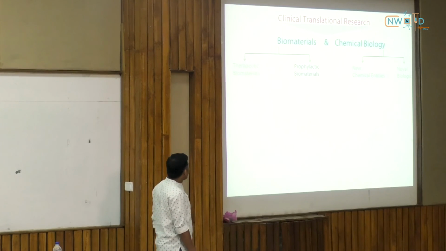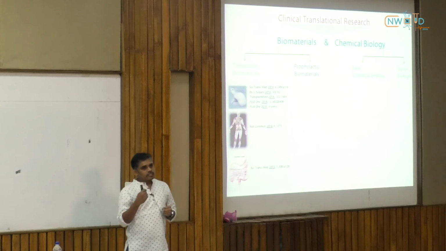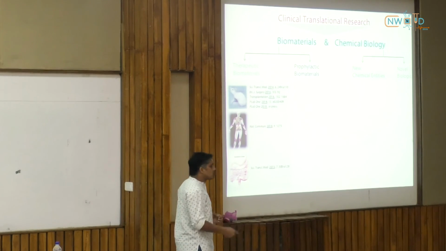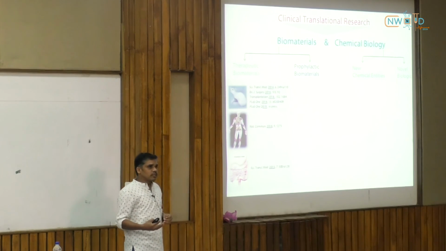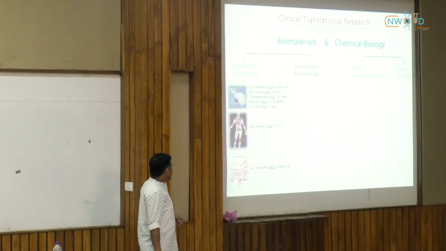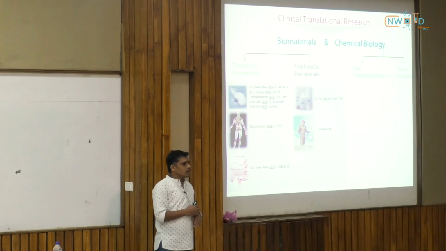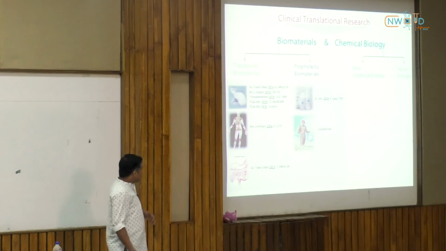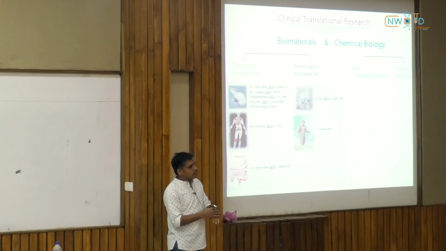Overall, by using therapeutic biomaterials, we were able to develop inflammation-responsive materials and inflammation-targeting materials, which could be used for protecting transplanted organs and for efficient treatment of inflammatory arthritis and IBDs. And in the prophylactic biomaterials, we were able to show that this topical hydrogel completely can protect from pesticide-induced toxicity. Today I didn't talk about it, but one of the things is that the gel can prevent skin exposure, but